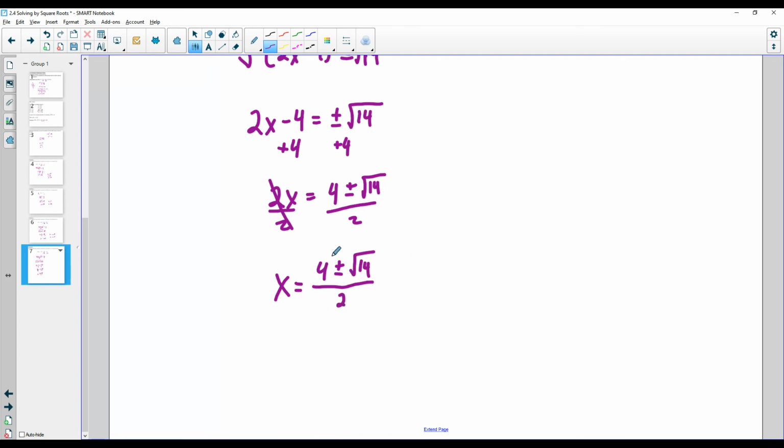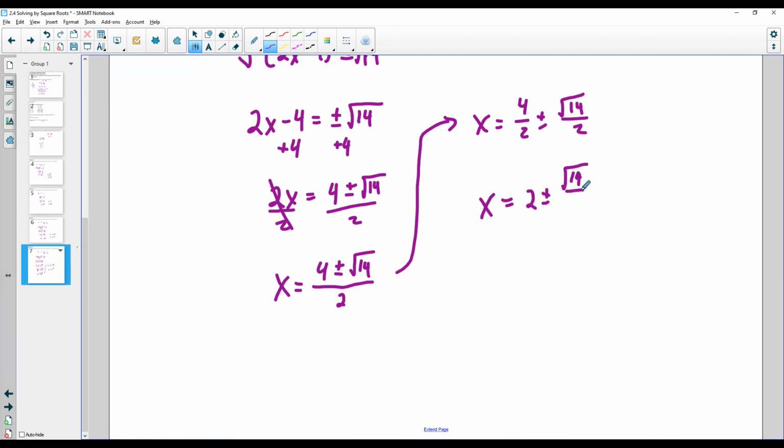And you could write that in Delta Math, but you'd have to be careful. You're going to have to put parentheses around this so that when you divide it, it's the whole thing. Otherwise, what you could do is this is the same thing as x equals 4 over 2 plus or minus the square root of 14 over 2, right? Because when you add or subtract fractions, all you do is go across the top, but you leave the denominator the same. And you know 4 divided by 2 is 2, and you have plus or minus square root of 14 over 2,